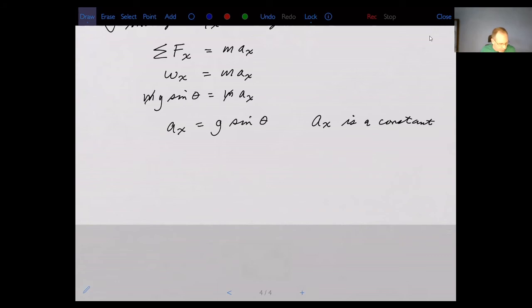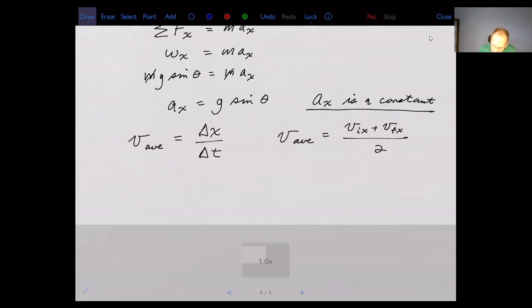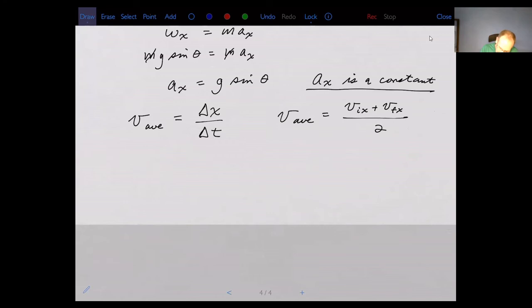And again, this is exactly the same thing we did in lab 2. I can say that the average velocity is equal to delta x over delta t. That's the definition, right? It's a displacement divided by the time. Or because I know that the acceleration is constant, I can also say that the average velocity is equal to the average of the initial and final velocity. So I can add them and divide by 2. That's only true if the acceleration is constant, but we know it's constant in this case. Then if I set these equal, because they both represent average velocity,